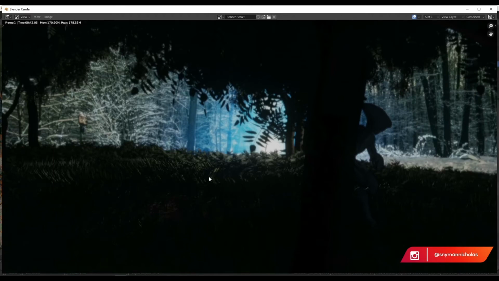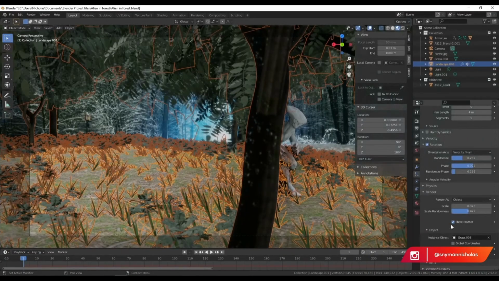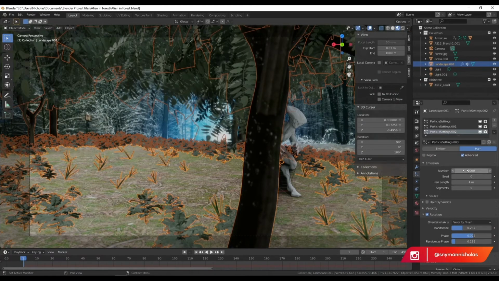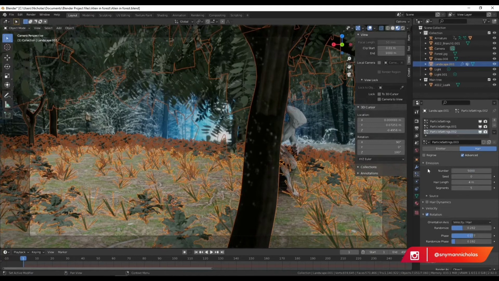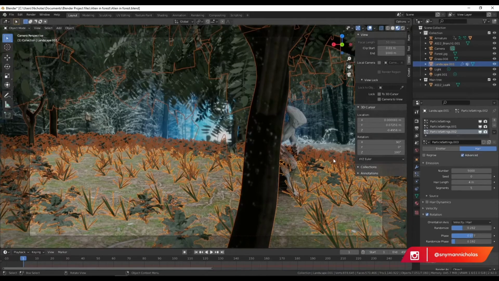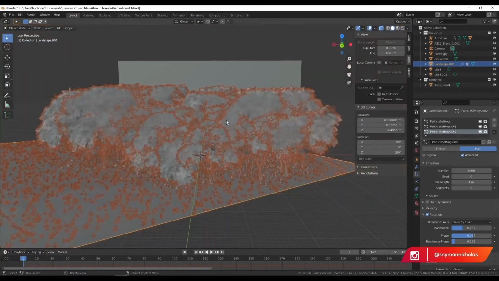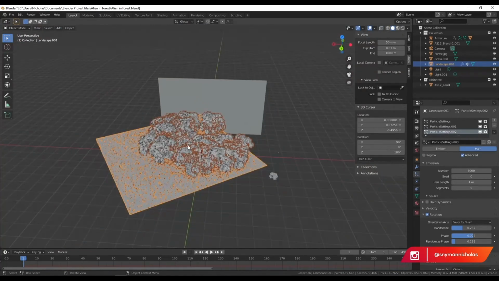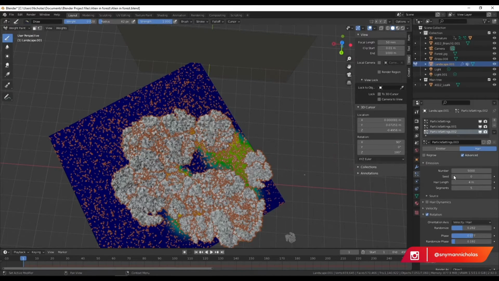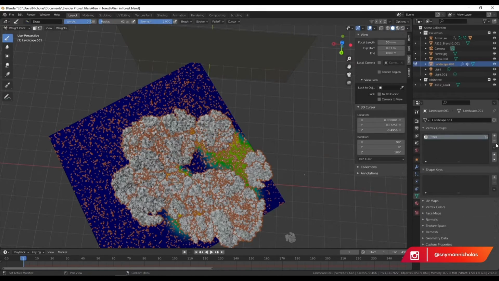Alright, so that is too much. Complete overkill once again. So I'm gonna remove the children, and then I'm going to just increase this to 5,000. What we actually need to do is paint, go to weight paint and paint where we want our grass to be. Because currently it's distributing all over this area, which we don't want, we just want it in this area. So we go to weight paint, and then we're going to add, go to vertex here, I think we add a new one, and we'll call this